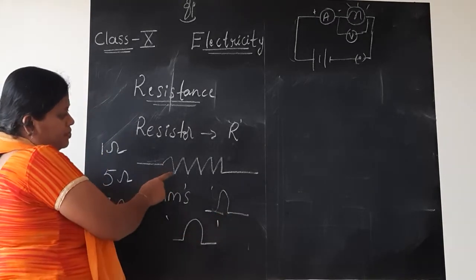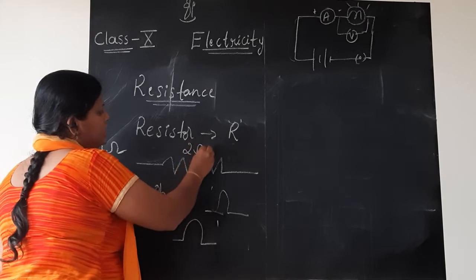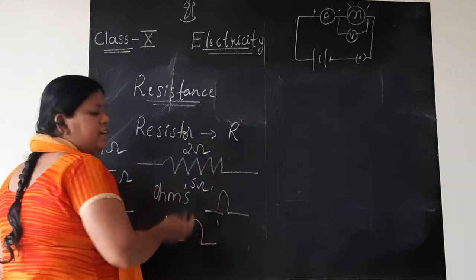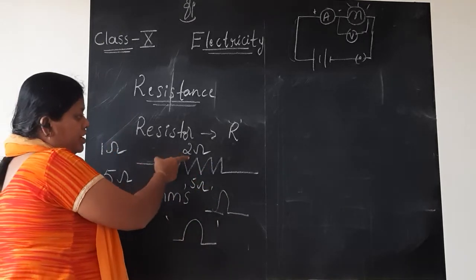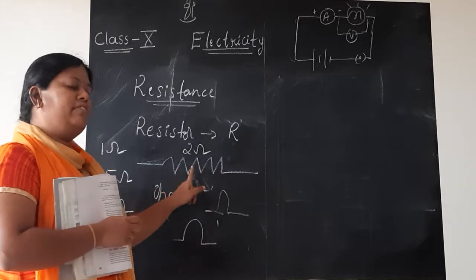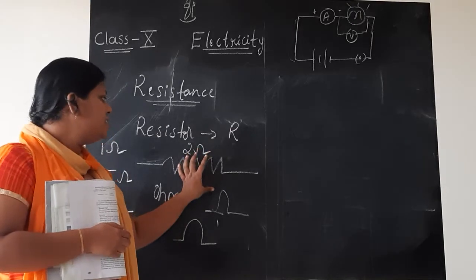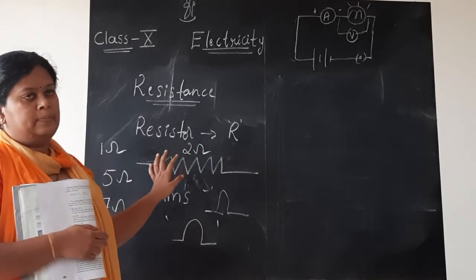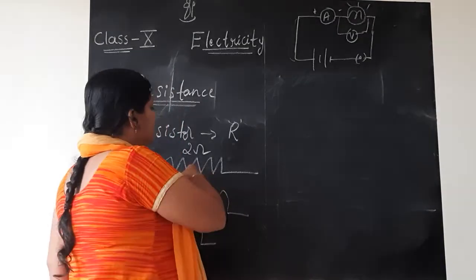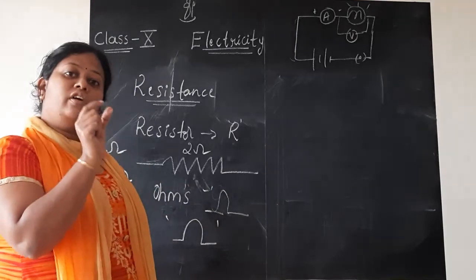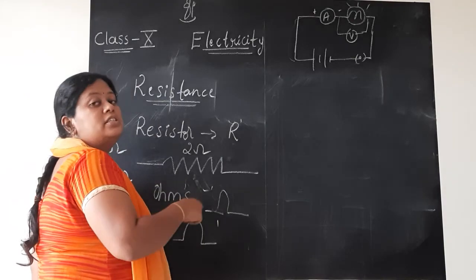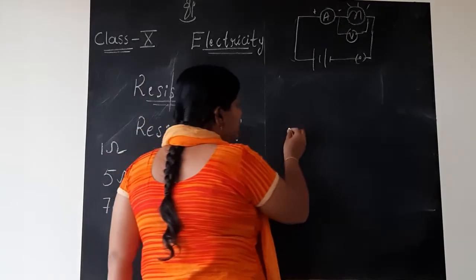So here you have a resistor. Suppose the value of this resistance is 2 ohms or 5 ohms, anything you can say. Whenever we write such values, it cannot be any one value. Suppose we say 2 ohms, then this resistor has the value 2 ohms. It is fixed. In a few experiments, in higher electrical circuits which you study, we need not keep a resistance with a fixed value. We can keep on changing its value, which means it can vary.